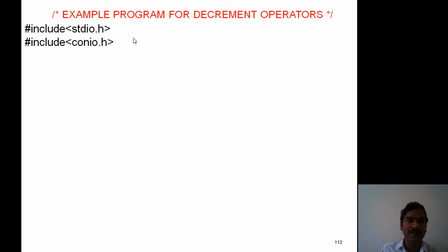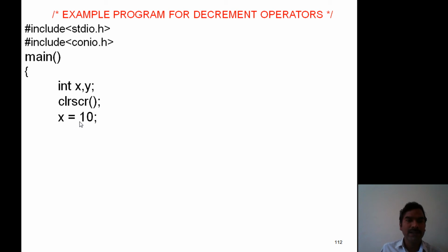Now consider this example. Now example program for decrement operators. First one, header files stdio.h and conio.h. main, open brace. Here we declare two integer variables int x, y. clrscr. x = 10.